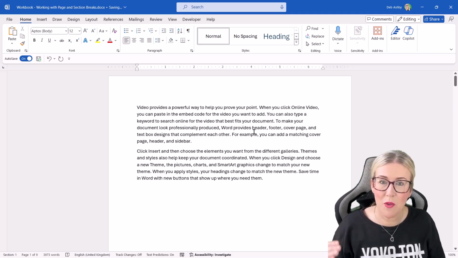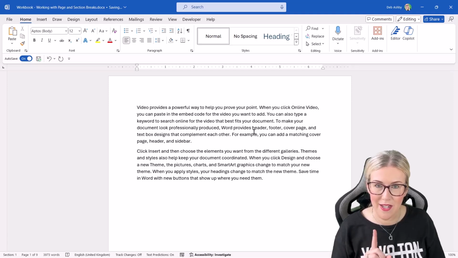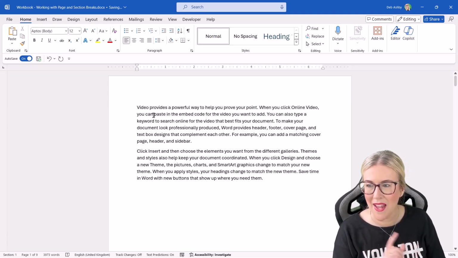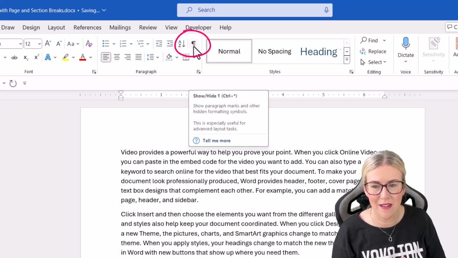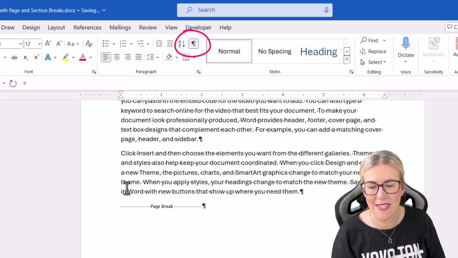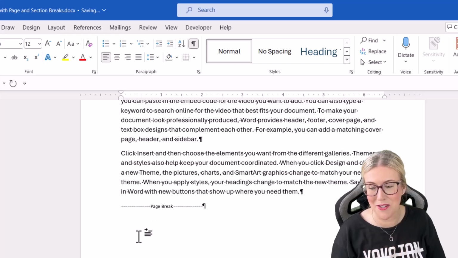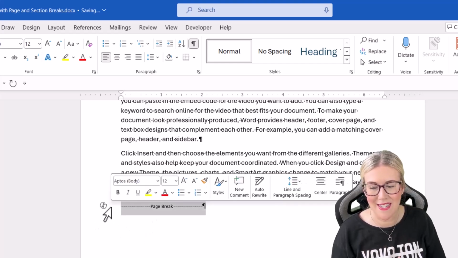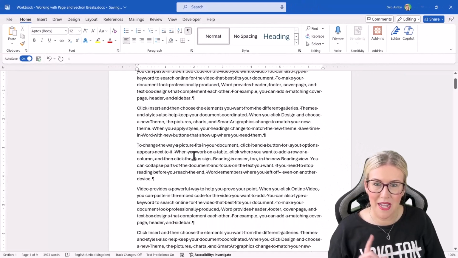And of course, if you want to be able to see in your document where that page break is, you need to turn on your show hide markers. And you're going to find those on the Home ribbon. In the Paragraph group, it's this little guy here. Let's click, and you can see there is the page break. So if you wanted to delete the page break, you need to be able to see it first, so make sure you turn those on. You would just select it and press the delete key, and it will remove it. So that is the first method,